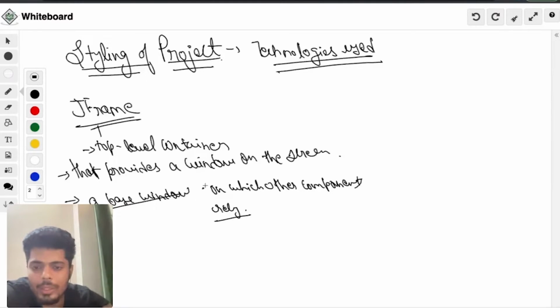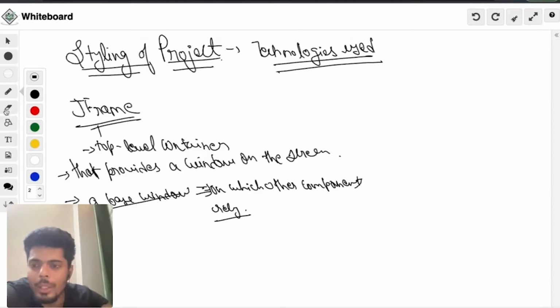Since I told you that this JFrame window is the base window on which all the components are put, aligned and designed accordingly, it is the one thing with which every Swing application starts, right? So this is about JFrame.